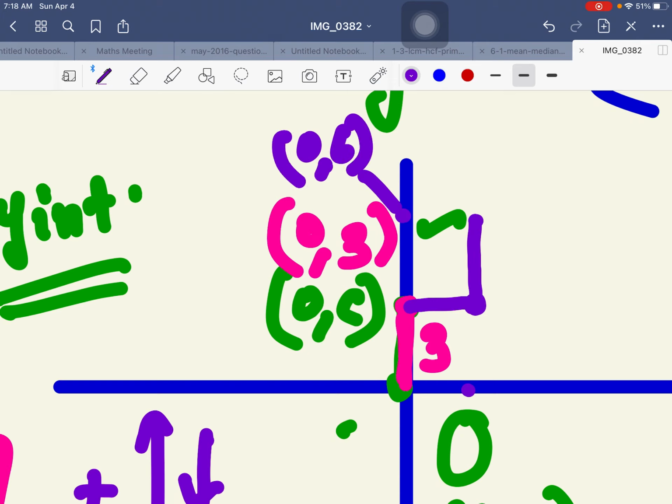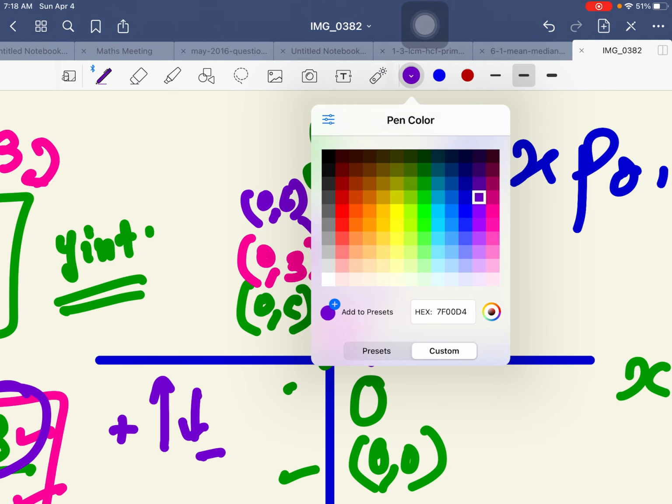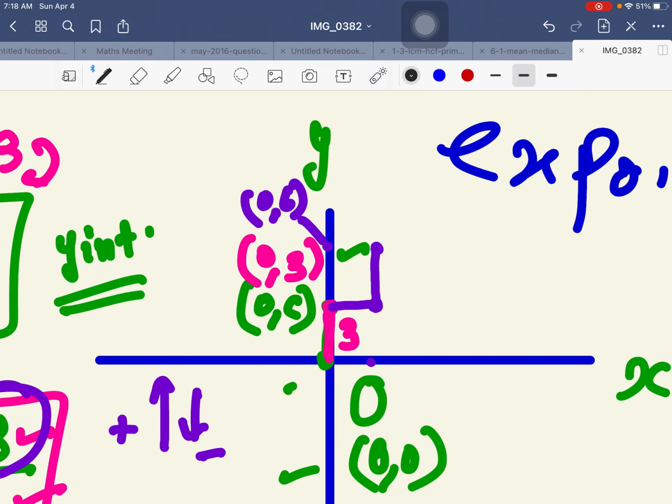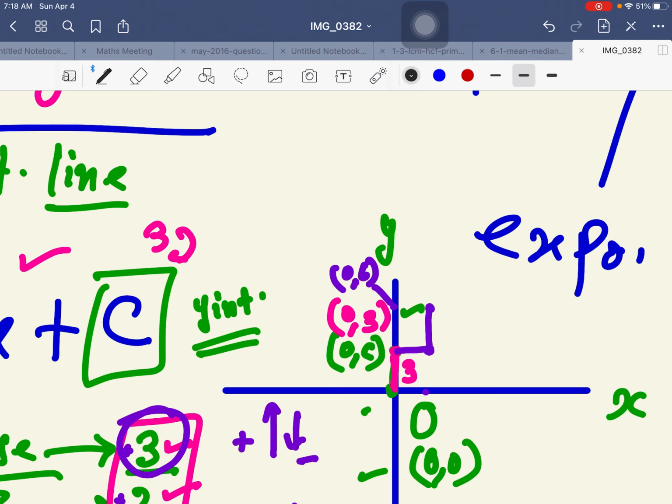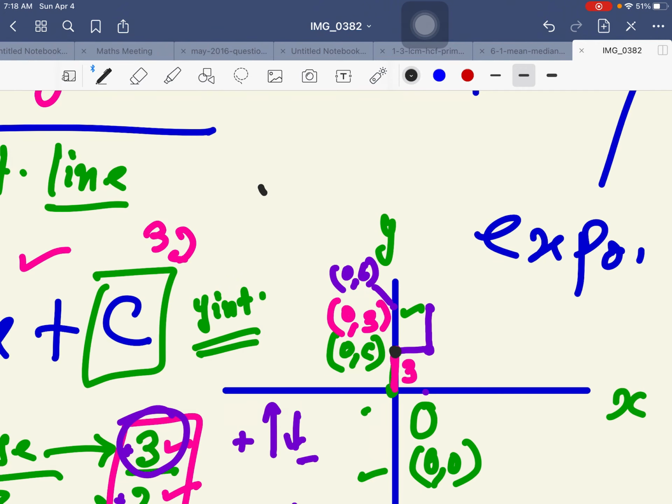So when I stop here, students, I got one more point on the straight line. Keep it in mind, to draw any straight line, you need only 2 points. You don't need to look at a third point. If you have 2 points on a straight line, you can draw that straight line on the graph paper, the grid paper. So here in this case, I got 2 points, right? One point is here, second point is here. This point was the y-intercept, and that point I got by run 2, rise 3. So I got 2 points now.